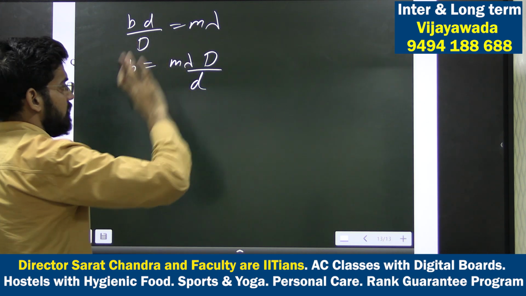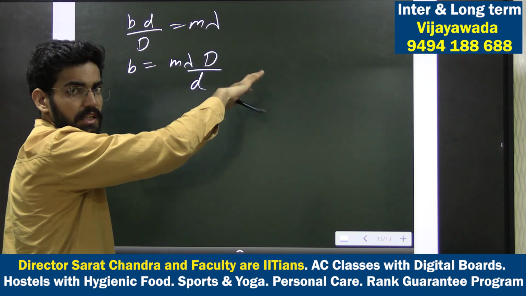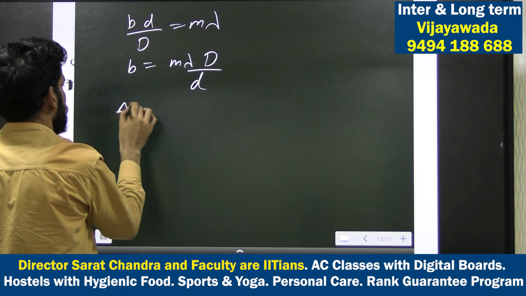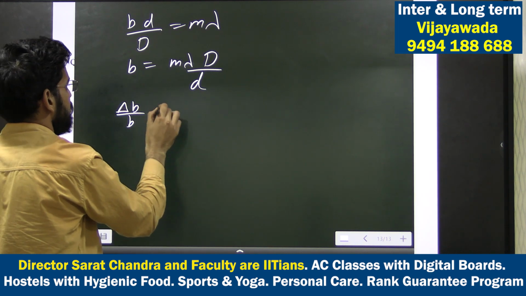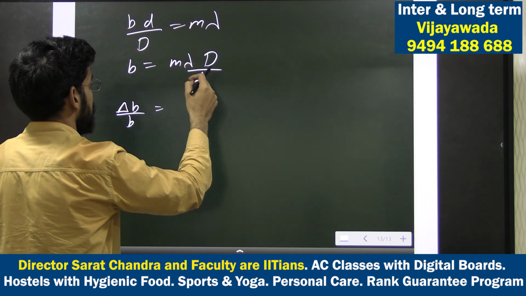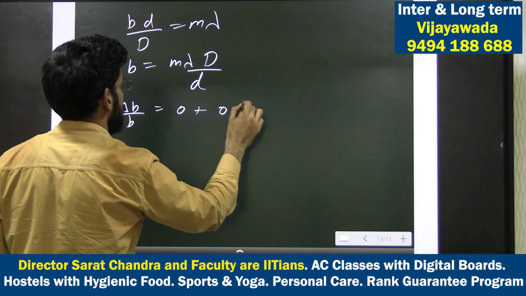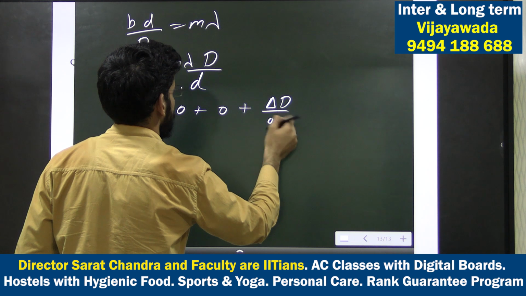So m and lambda we know exactly, right? So for error, take the ln and differentiate, okay? So if you take ln and differentiate, what you will get? Delta b by b, okay? I will write down delta b by b. M and lambda, there is no error, right? So 0, okay? Because they are precise. So here this will come 0, and plus here delta capital D by capital D,